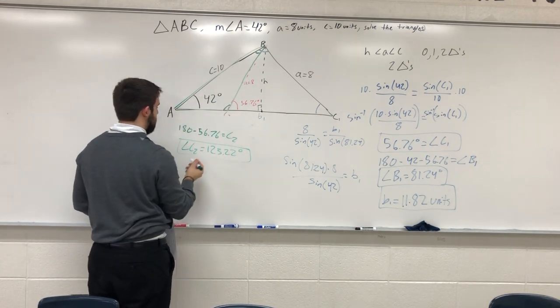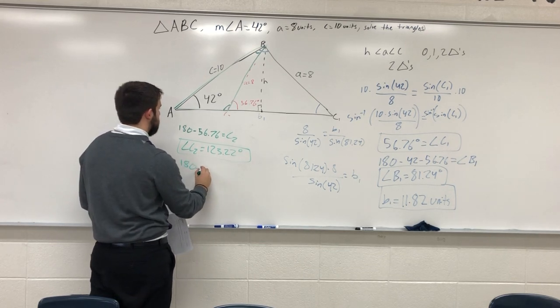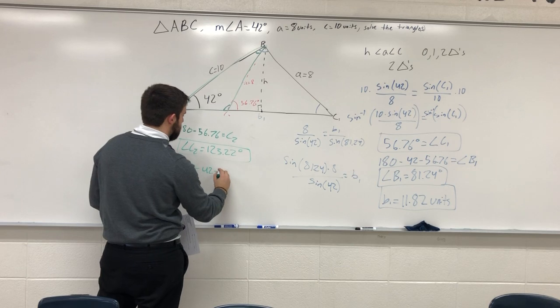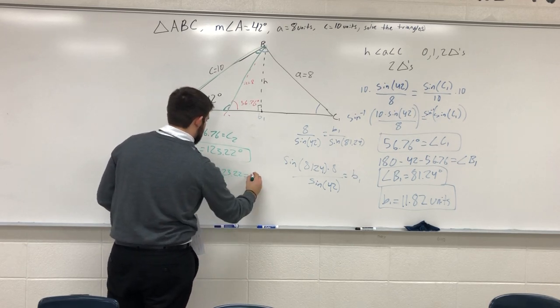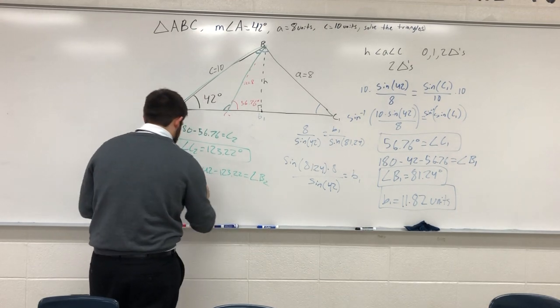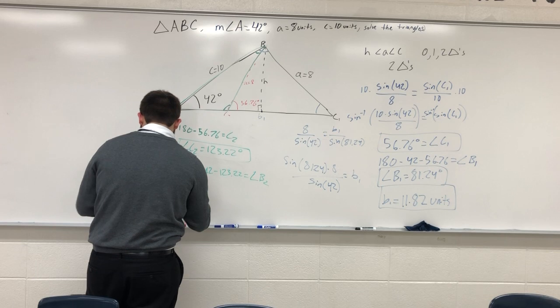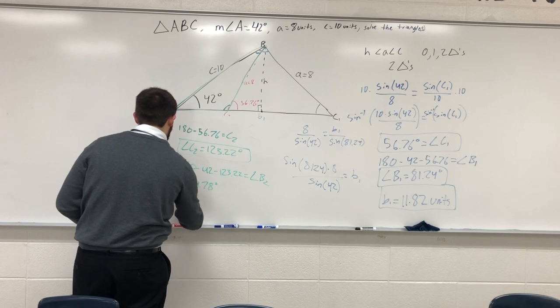To find my third angle, I know that the sum of all angles in a triangle is 180. So I can take 180 minus 42 minus that new C2, 123.22, to get angle B2. And that comes out to be